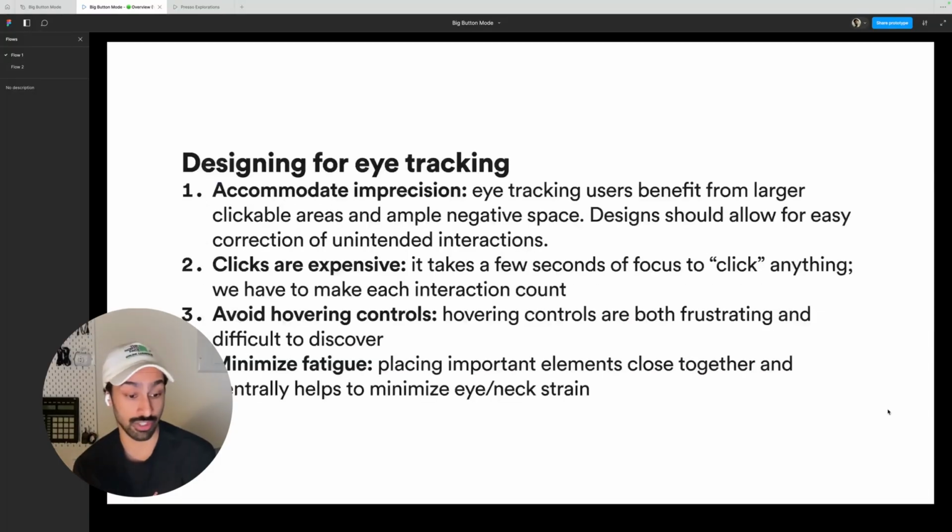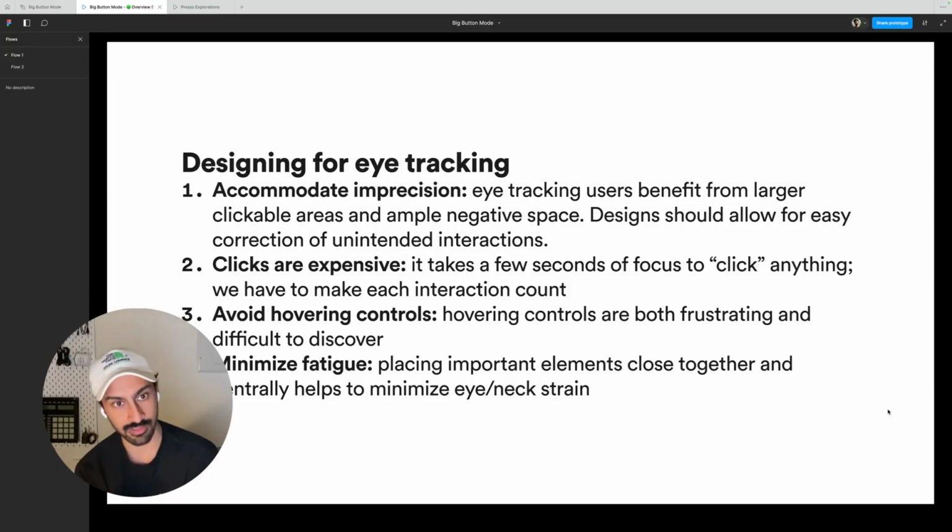And when I did a whole bunch of research, I actually got to work with a company called Fable, and they helped set up specific user testing and user research sessions with users who need assistive technologies to use software. And so I was actually able to meet with a couple of folks who either use eye tracking themselves or they use a head mouse themselves. And I learned a few things.